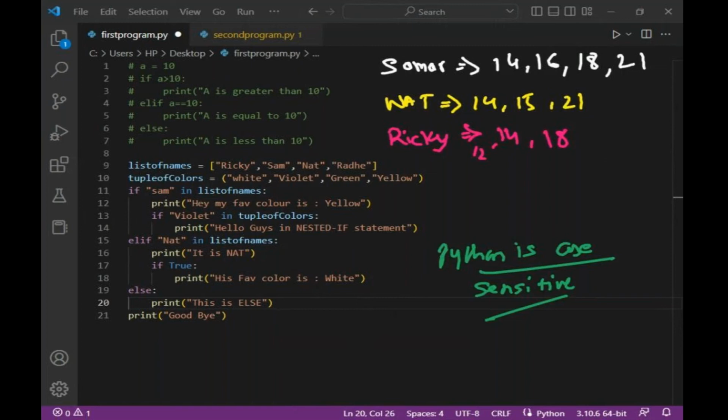Okay, it's about line number 11. If you see Sam, and here the Sam, these are two different things treated by Python. And also white on 18 is different from white on 10. No, look at the W. You are not checking there. It is a string,